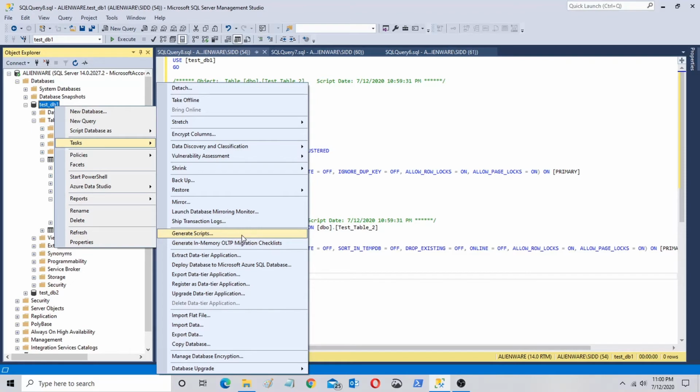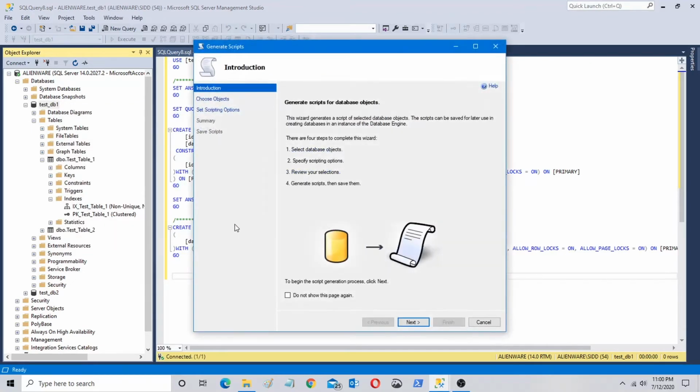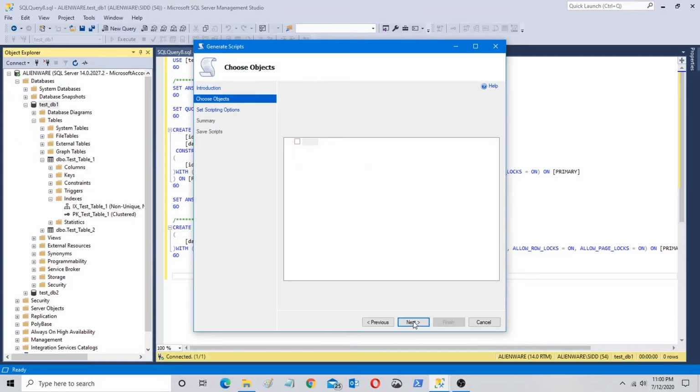Once you click on it, it will open a wizard, and in this wizard there are options like, for example, script the entire database. So you do not have to worry about selecting any object. This is the default option, and if you go next, you will have everything scripted out.